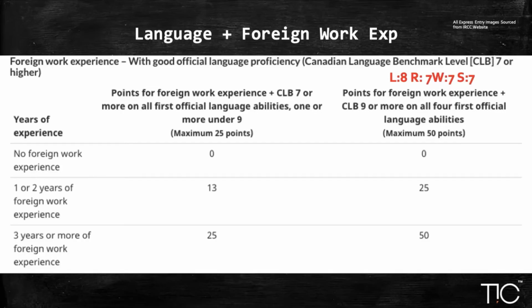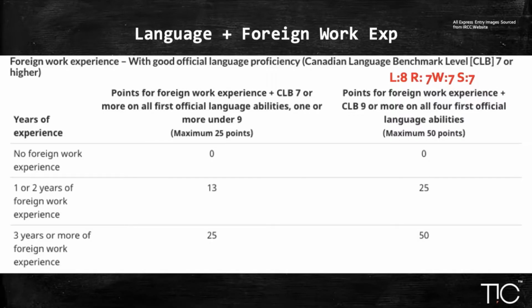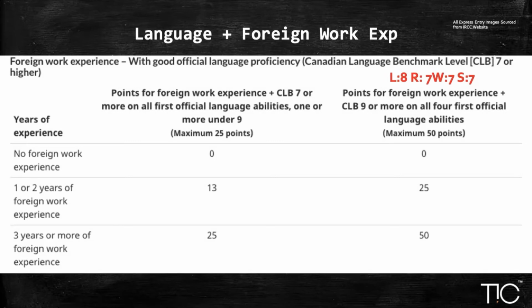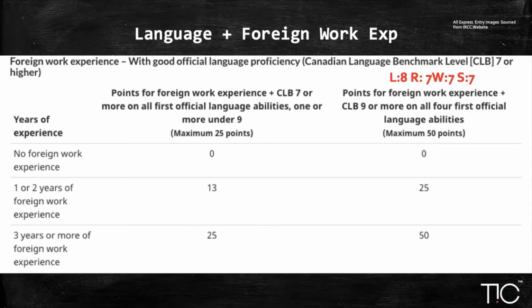Staying with transferability factors, this time it's the foreign work experience. Again, if you have a CLB 9 and you have 3 years of foreign work experience, in that case you would score a full 50 points. However, if you have anything less than a CLB 9 and 3 years of work experience, you end up getting only 25 points. So again, I cannot stress the importance of getting at least a CLB 9 on your IELTS